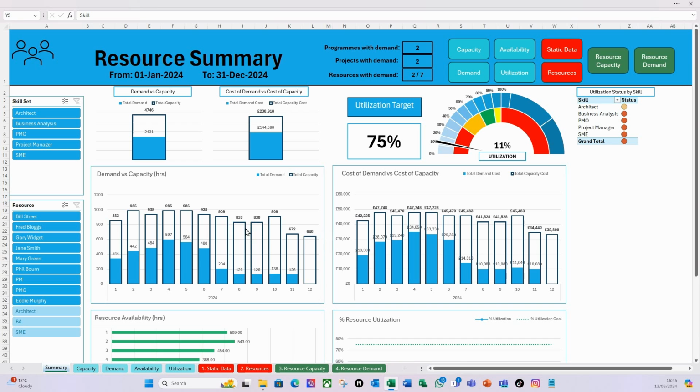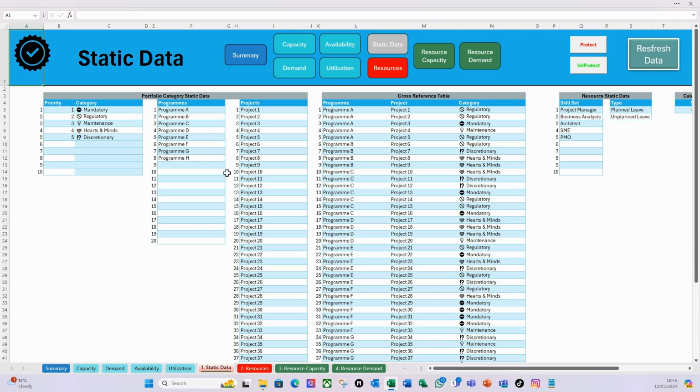Now let's look at the data and the way that we enter the data to set this template up. So the first thing that you're going to have to do, and again, these are hyperlinks to anywhere within the template. So if I click static data, which is the first thing that we've got to enter, we can see we have categories. So these categories can be related to your portfolio. So for example, here we've got mandatory, regulatory, down to discretionary,